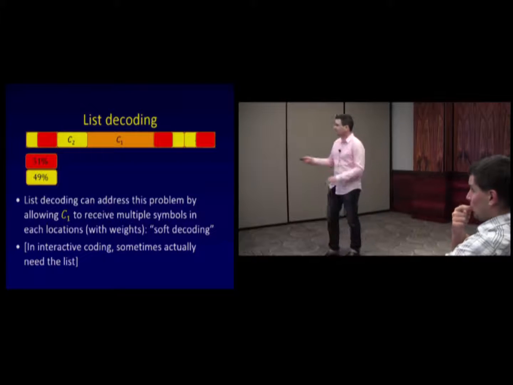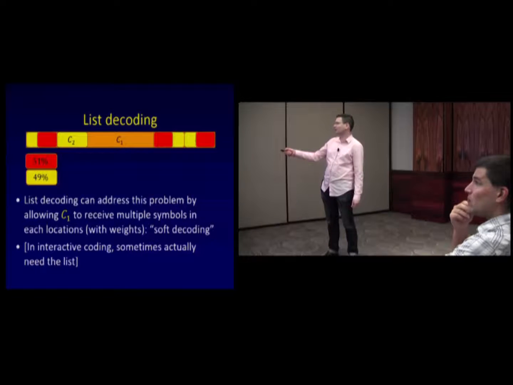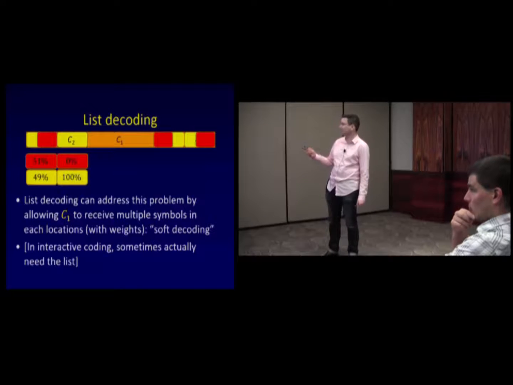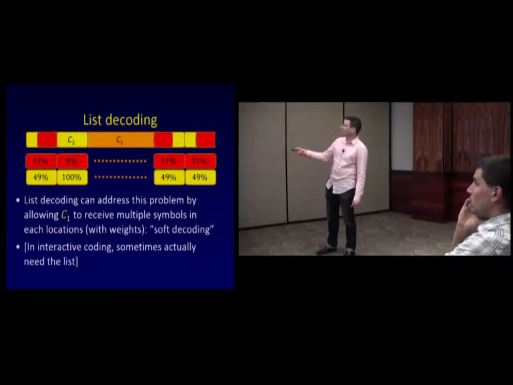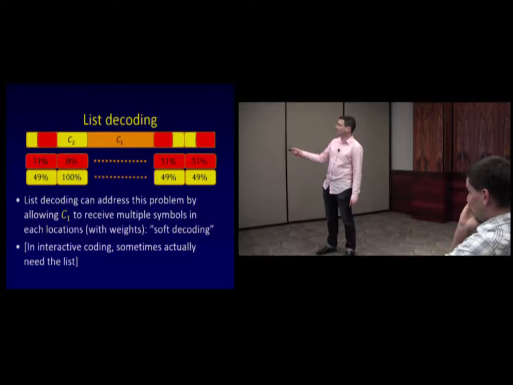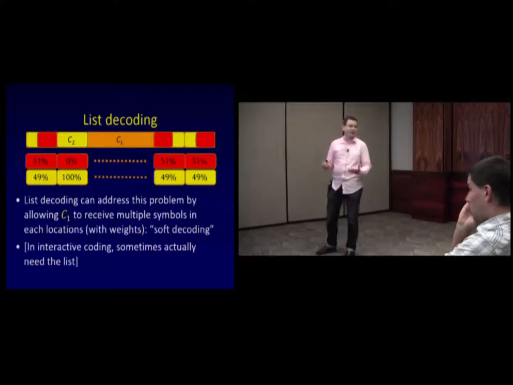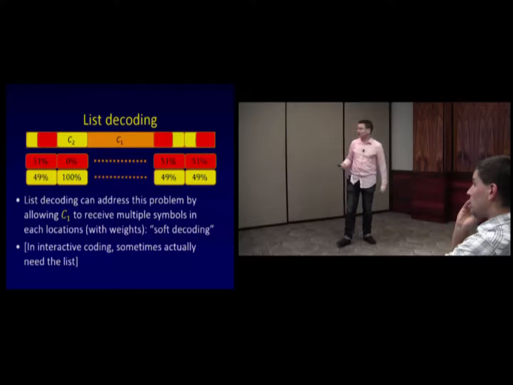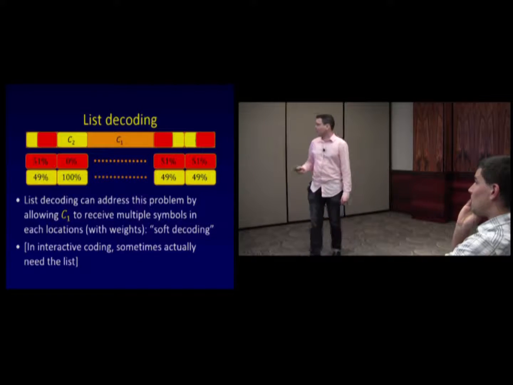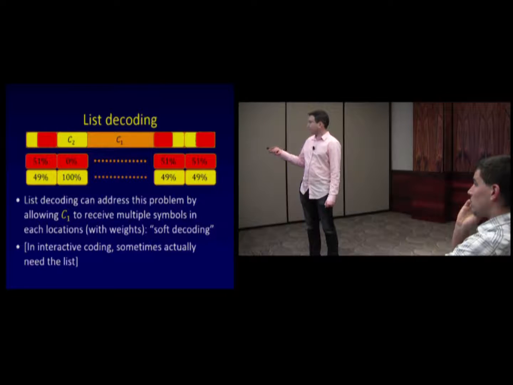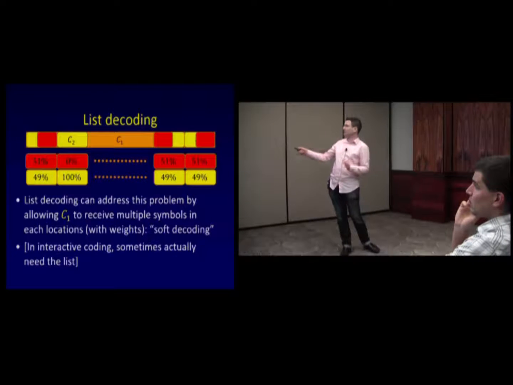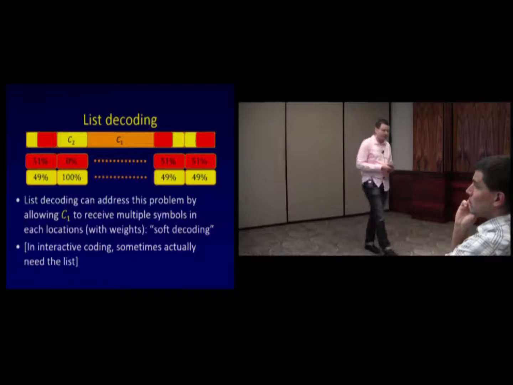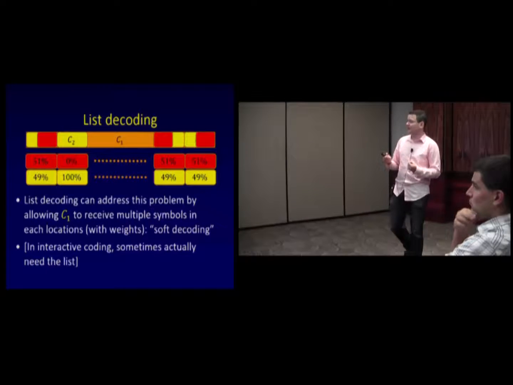If you knew that this thing decodes to 51% red and 49% yellow, and this is 0% red and 100% yellow and so on, then we could see which gets more weight overall and decode. So you need something called soft decoding, and moreover, this smells a lot like list decoding. In this scenario you actually don't need list decoding, but in the interactive setting,